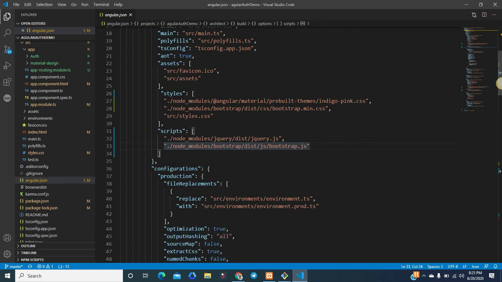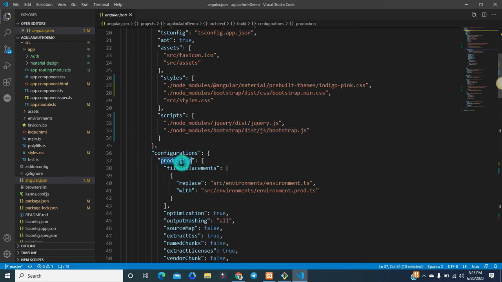And for other configuration like production mode, if you want to move your project from development mode to production mode, you can do this very easily. You just need to replace the environment.ts file with the environment.prod.ts. Basically all these things are done by Angular.